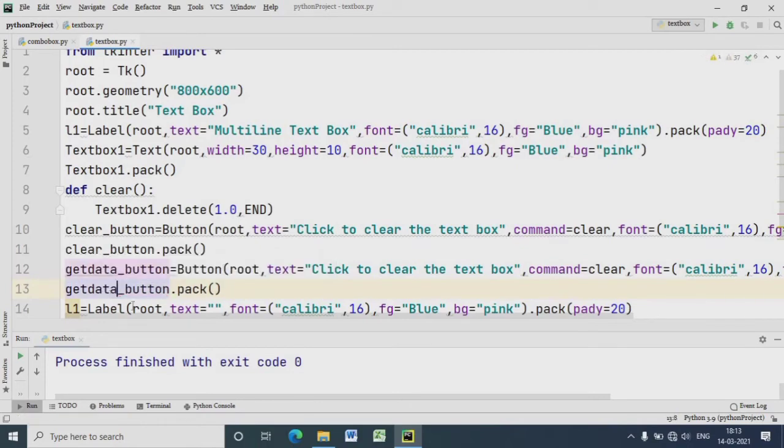Now we'll define the get data function. For that we have to write def get_data.